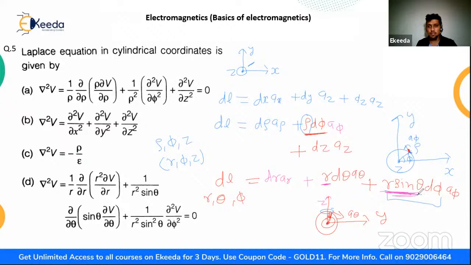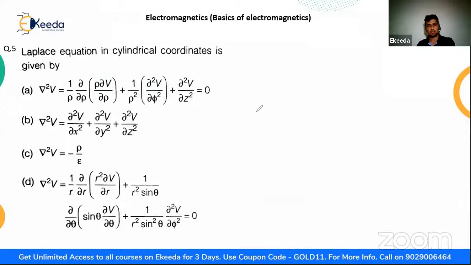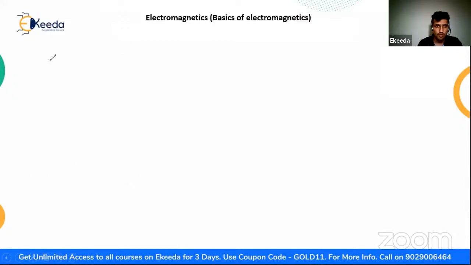So we will just remember these parameters and use the standard formulas for the divergence, curl and the Laplacian, so that we can easily remember. I will come to the next part and explain how to remember these things. This is very difficult, these things only. You just need to remember